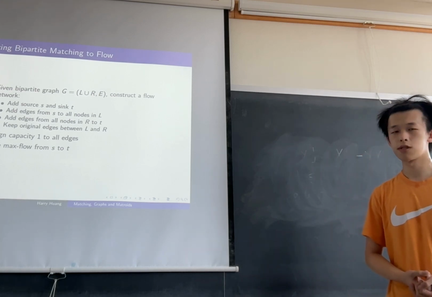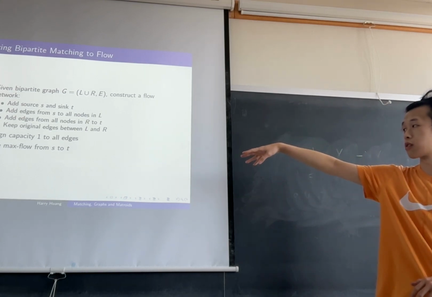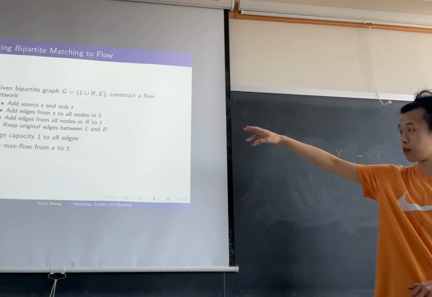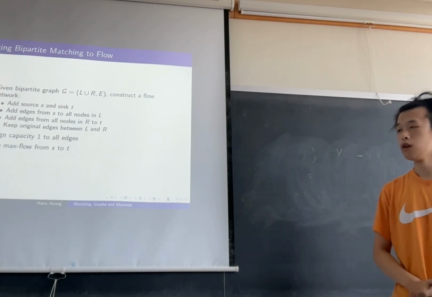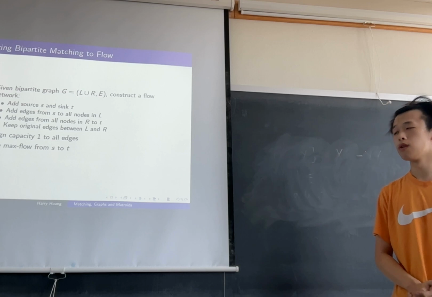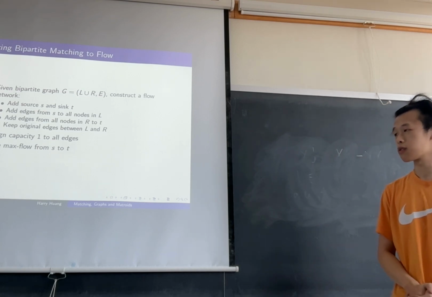So we assign a capacity of 1 to every edge, including these three types of edges. If we have an algorithm to solve the maximum flow problem for this new flow network, we also solve the bipartite matching, because